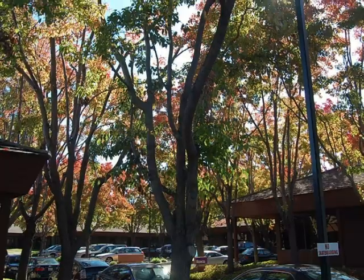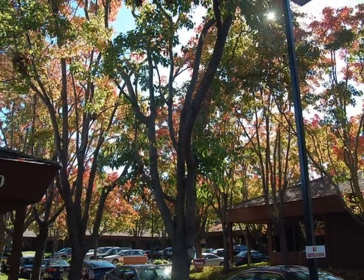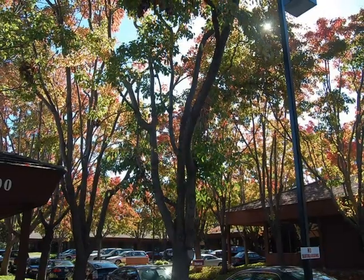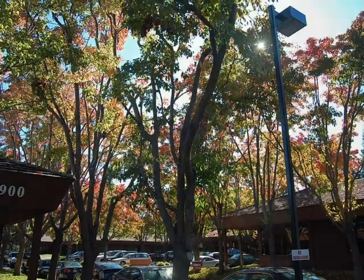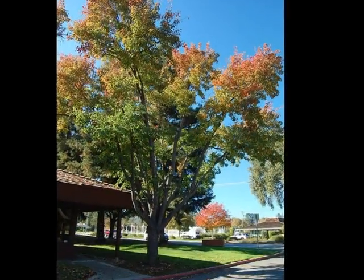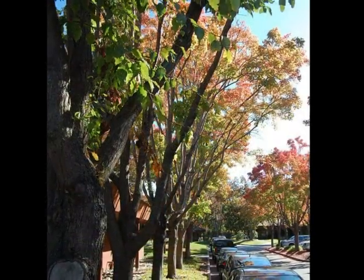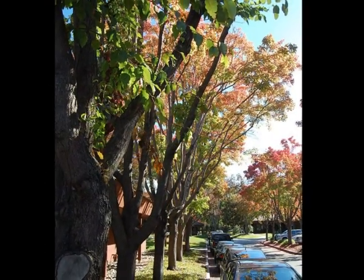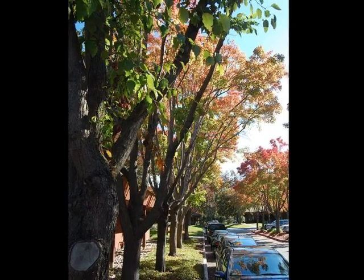My name is Blair Glenn, and I am an ISA certified arborist. This particular complex, located in California, has an abundant number of these Bradford pears. They really are a beautiful tree. They're a variety of tree that generally doesn't get too large, so they're manageable, and there's so many benefits to